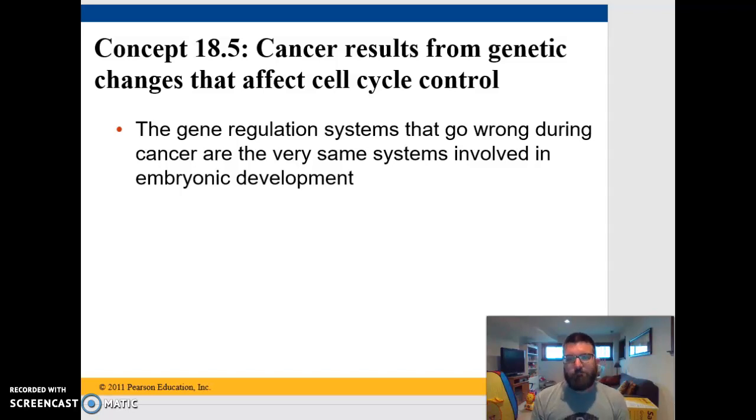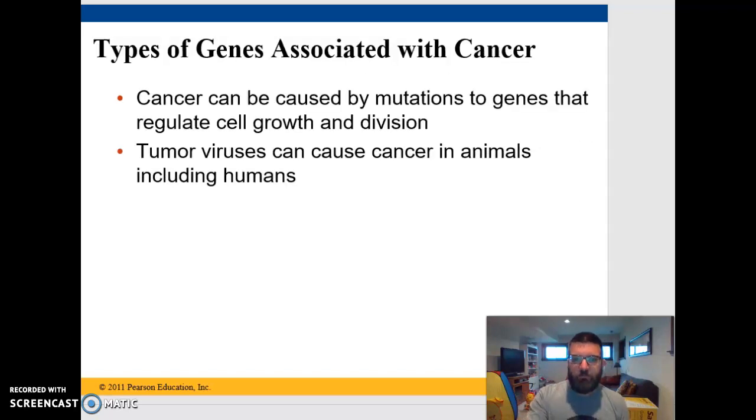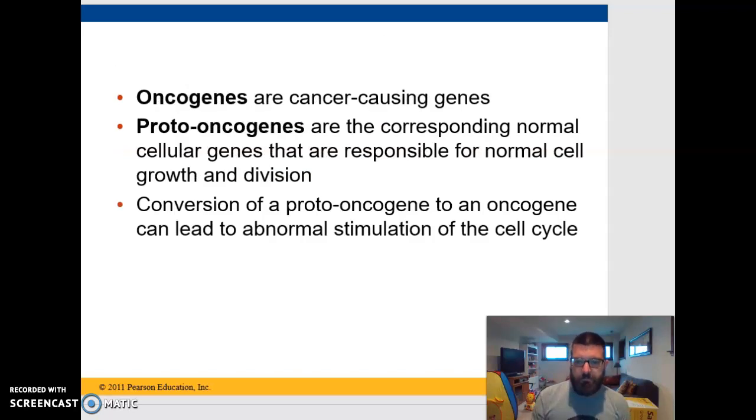All right, let's finish up Chapter 18 by talking about what happens occasionally when we lose control of how these genes and their expression are regulated, particularly genes that govern the cell cycle. So you have typically cells called oncogenes. And oncogenes are normal genes, I should say, that everyone has in their cells that stimulate the cell cycle to move forward. They stimulate you to undergo mitosis and have cell division. You also have normal genes called tumor suppressor genes, which stop you from undergoing cell division when it's not an